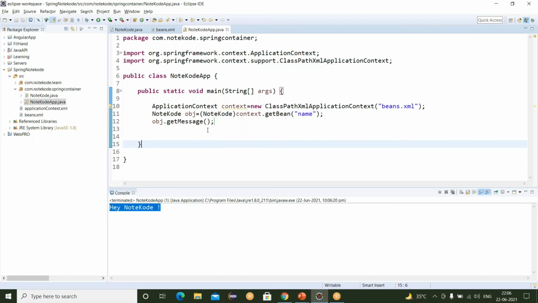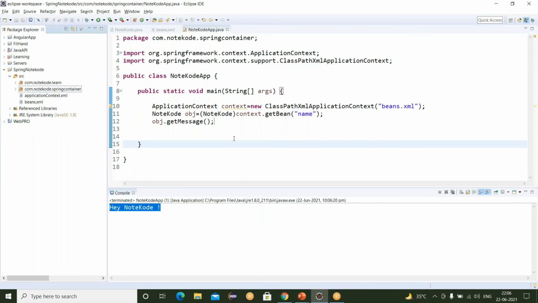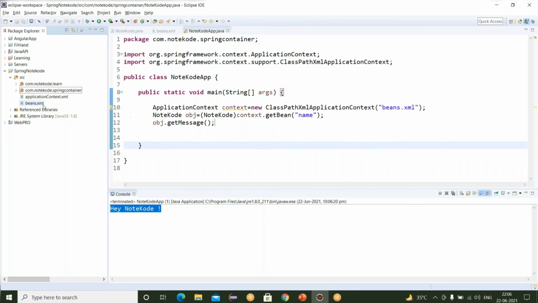Here you observe that if you have to change the value of the object, then the main application is not impacted because your configuration file is outside this package. This is under the SRC folder. So without impacting this package, you have directly changed the value through your XML file, as I changed from hello world to hey NodeCode.